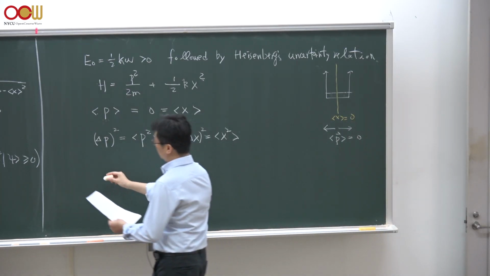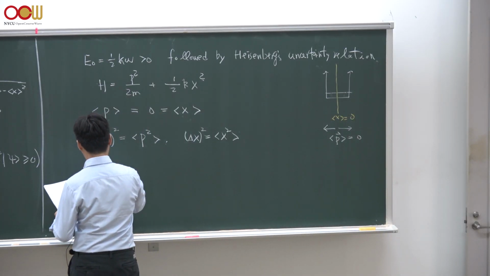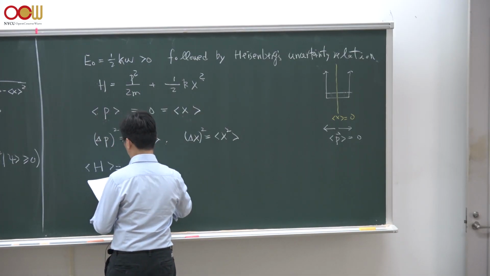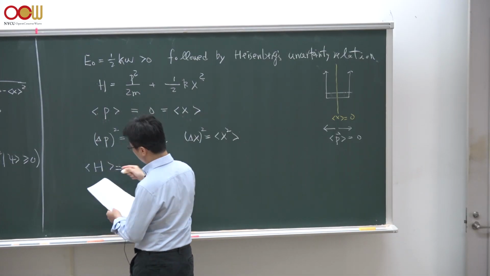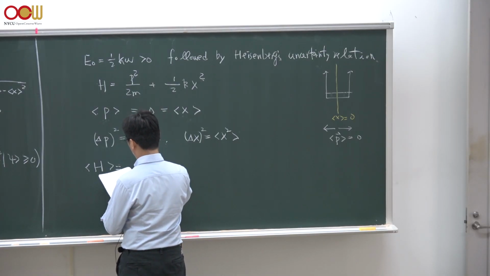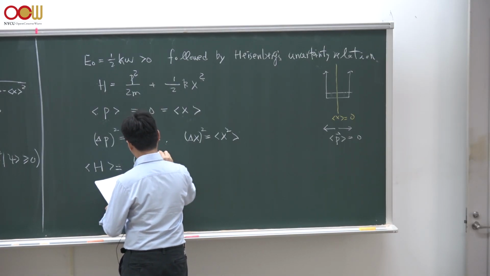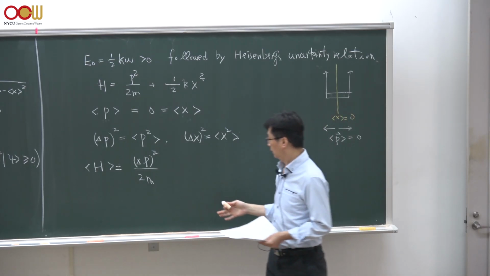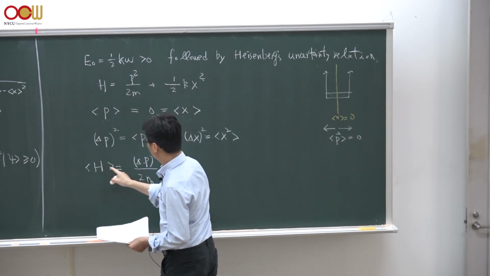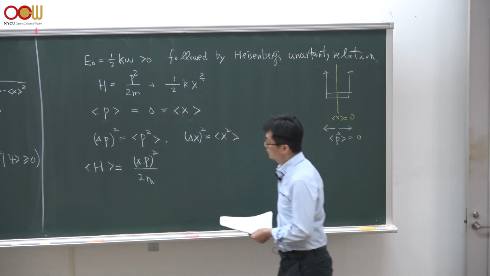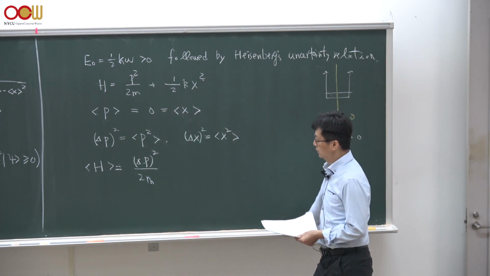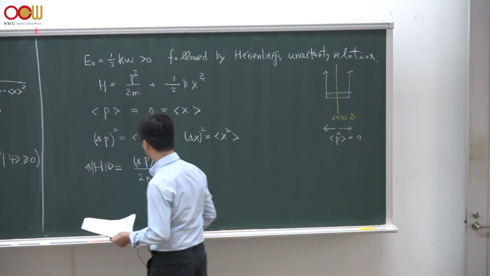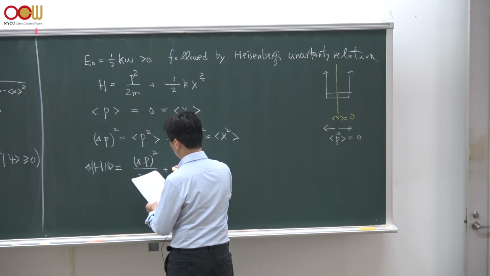And then we could just sum up these two contributions in a Hamiltonian when we take the average of the Hamiltonian operator, which is the expectation value of the Hamiltonian, which is the ground state energy. Suppose this state on the left and right side of the Hamiltonian operator is just the ground state 0, then this is nothing but